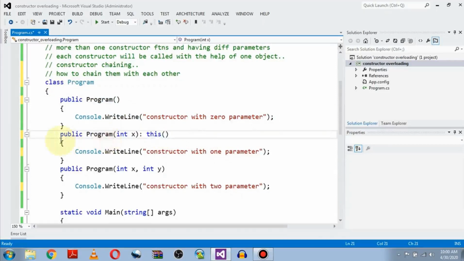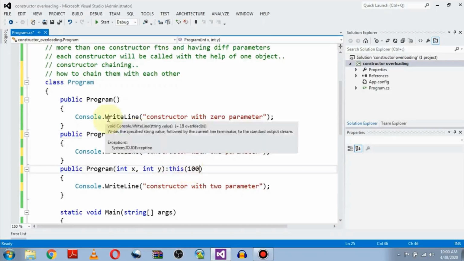Number 2, if we want to connect the constructor having 1 argument with constructor number 3, so again we will be using the colon after this keyword, which is the default object of the program class, and will be sending 1 argument because we want to connect the 1 argument constructor. So let's say we send 100.